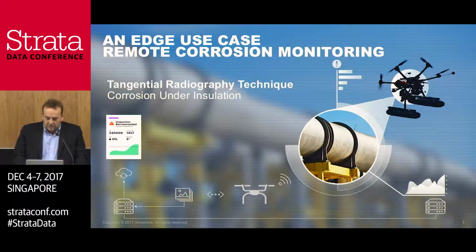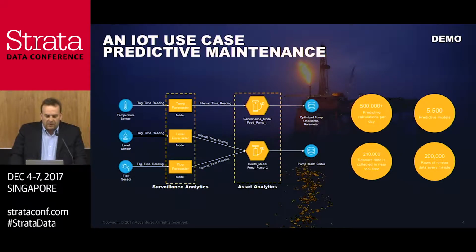And the third use case we are using here in this demo is a more classical use case, in the way you want to build a model pipeline which is inherently dependent for predictive asset maintenance. And as you can see here, we are running that with thousands of sensors at an extreme high pace. We are running, in this case, 5,500 models. I think more, actually it's already 10,000 models, and it scales up further. And we're running them every 12 seconds. And you have to assure every 12 seconds what you're doing is correct. And if you stop a plant for half an hour, it costs you up to $15 million. And to make that work,